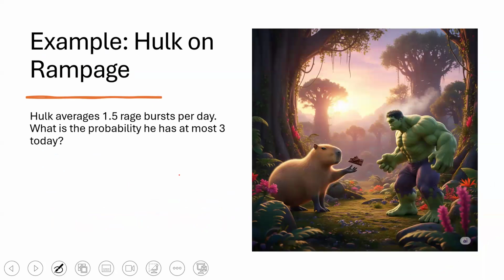Let's apply what we've learned. Hulk averages 1.5 rage bursts per day. Small outbursts, nothing too dramatic. What's the probability that he has 3 or fewer in a day? So we are looking for the probability that x is less than or equal to 3. So using the Poisson model with mu equal to 1.5, we would plug in and calculate the probability at 0 plus the probability at 1 plus probability at 2 plus probability of 3. And we're going to get